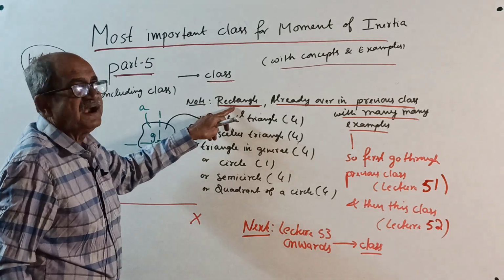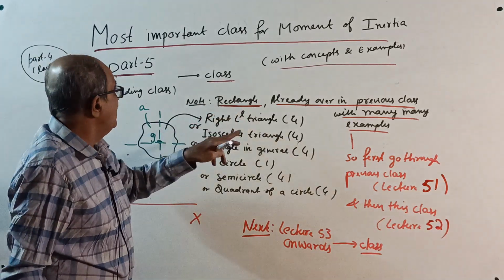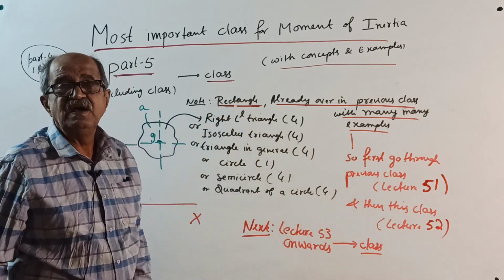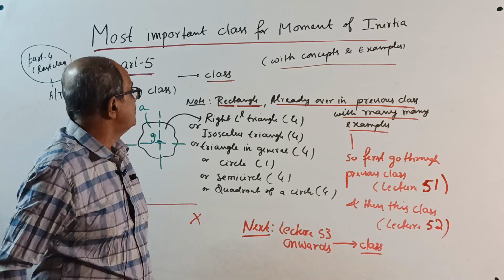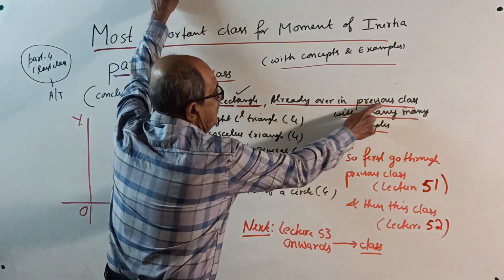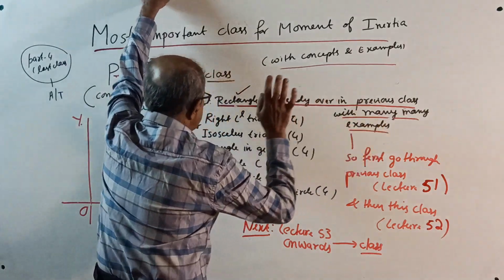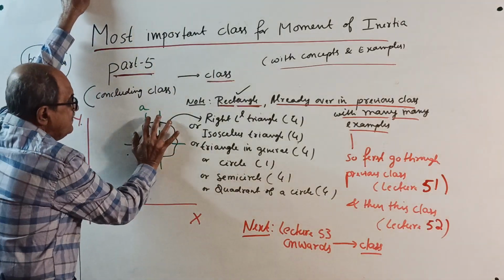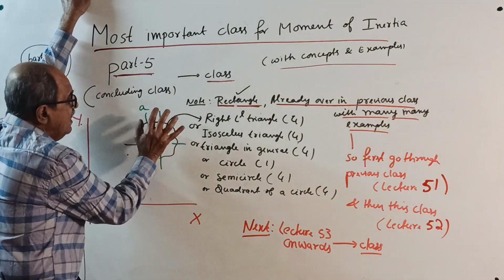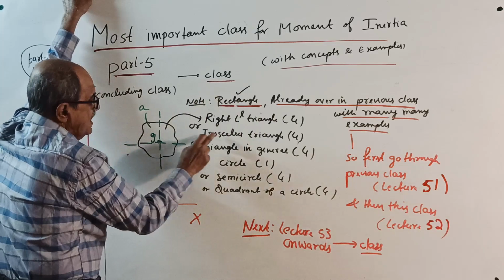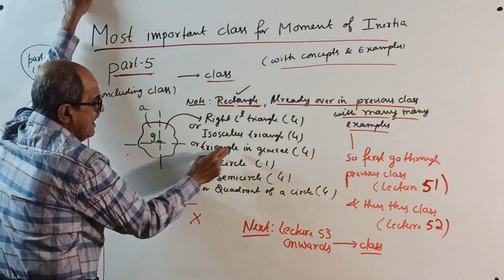In part 4, we finished the rectangle. I think around 10-12 cases I covered. That is all the basic concept. Rectangle is already over in the previous class with many examples. Now today, see, some random lamina here. What can this be? A rectangle, or a right angle triangle, an isosceles triangle, or a triangle in general,